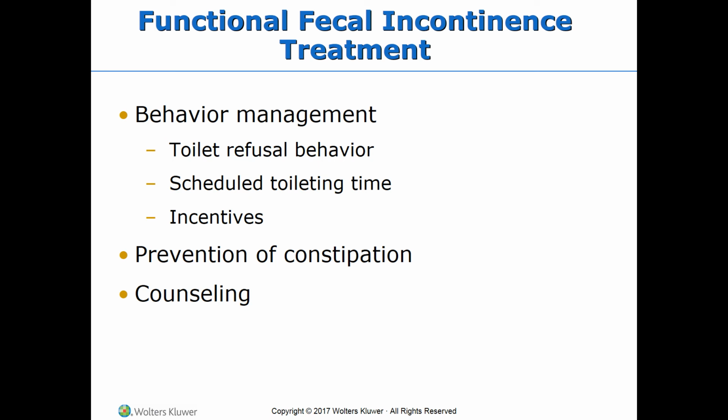The treatment is behavioral management. So the treatment can include having a scheduled toileting time. You can start retraining the kid, sitting on the toilet at least twice a day if the age is appropriate. Retrain the kid to gain control over bowel movements, and it is important that a routine be developed and stuck to. Long-term success depends on how well the person can have this routine set up, and of course prevention of constipation,